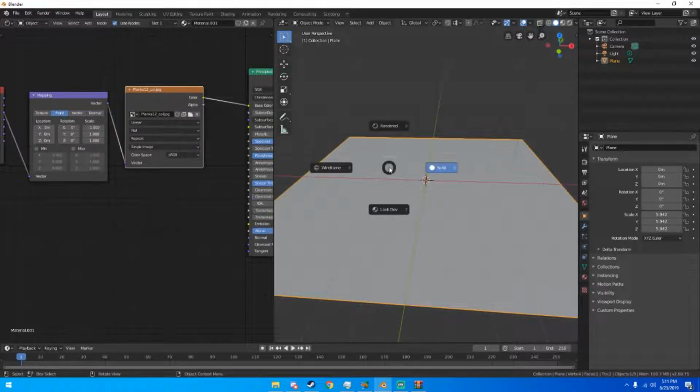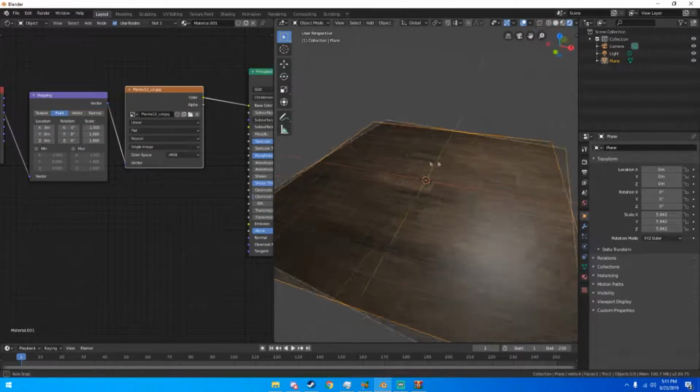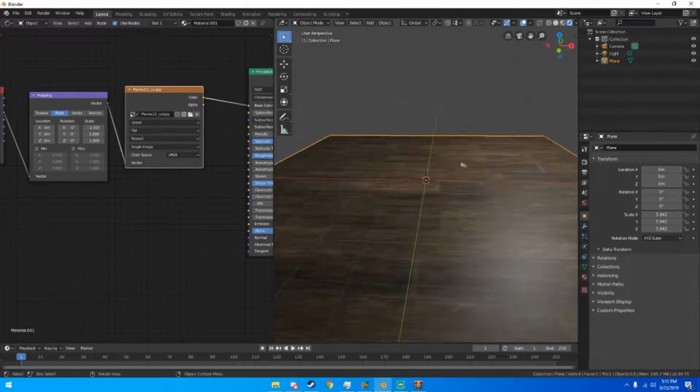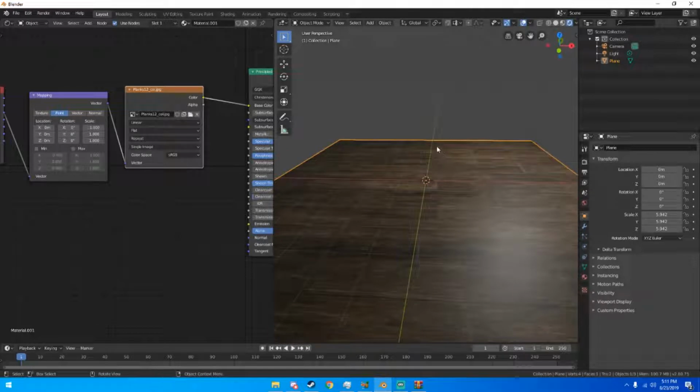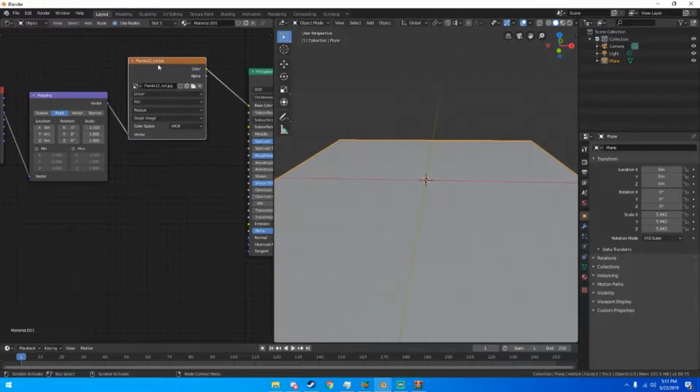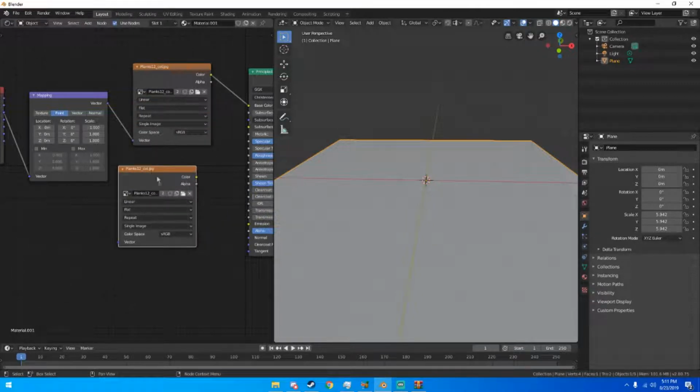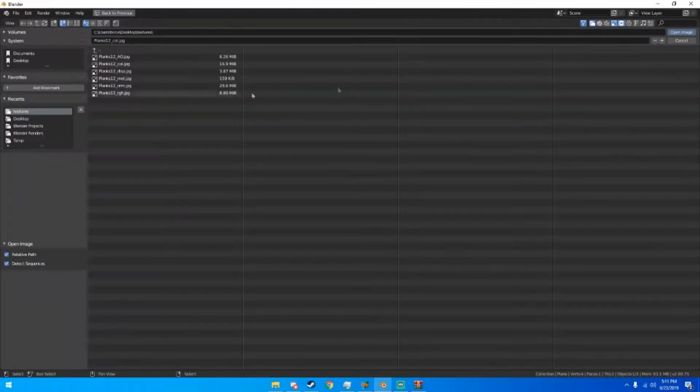The whole point of physically based rendering is so it's rendered like it would be in real life. So the way we do that is with certain maps. You can have a roughness map, normal map, displacement map, ambient occlusion map, and so on. And that's how we do that, we just duplicate this image texture. So Shift D on your keyboard while selecting it duplicates it,